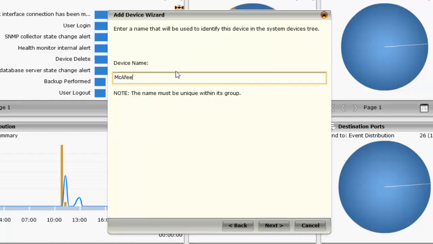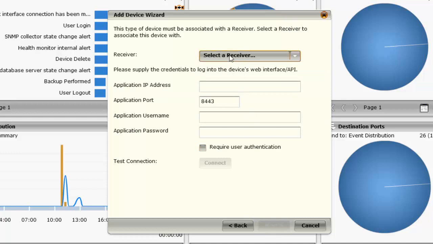The next field will allow us to provide a name for this device. This displays how this will appear in the SIM console, and you can pick any name you want, but you'd probably want to go with something like McAfee EPO. On the next screen, you can select the receiver, which would probably be one of the receivers near the McAfee